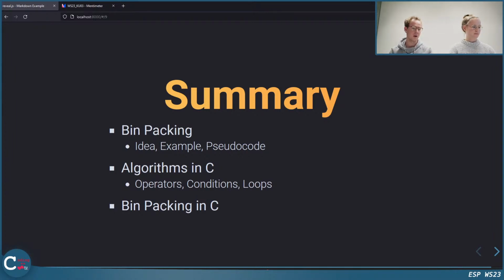And then we went over to C to see these logical operators and comparison operators, which we need for the conditions that appear in an if or in a while loop. So we touched a bit of C, and then in the end we also demonstrated how to implement a more complex algorithm in C. We implemented bin packing in C quite fast, but I think you should be able to read through the code and understand what it does with the things we provided to you.